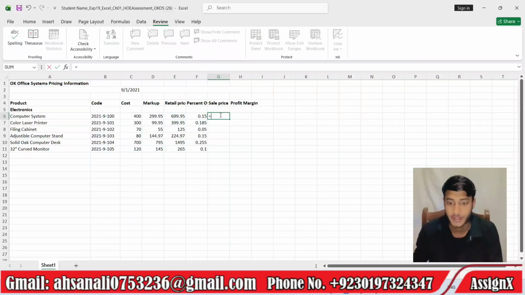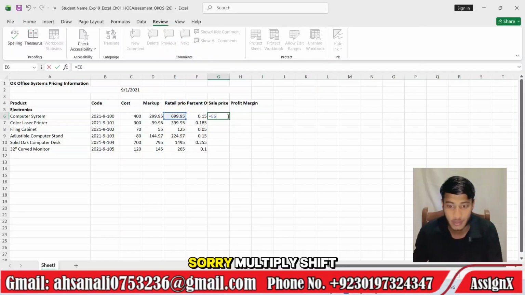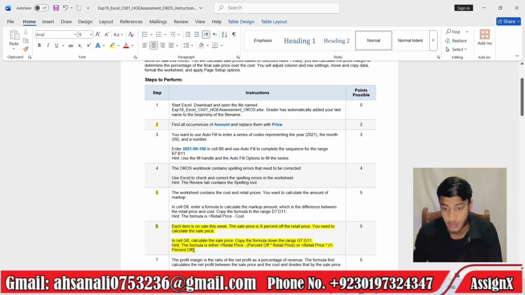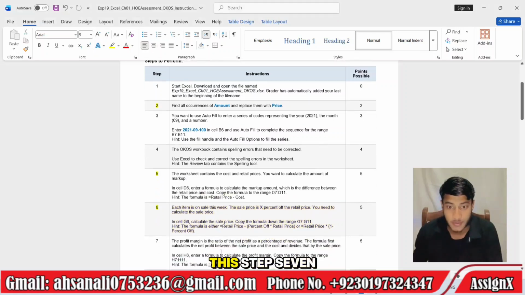Is equal to retail price, multiply, bracket 1 minus percent of, bracket close. Enter. Put the formula in all cells and move back to the Word screen. This completes step 6, and move to step 7.